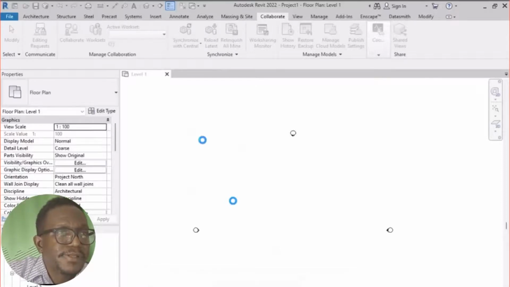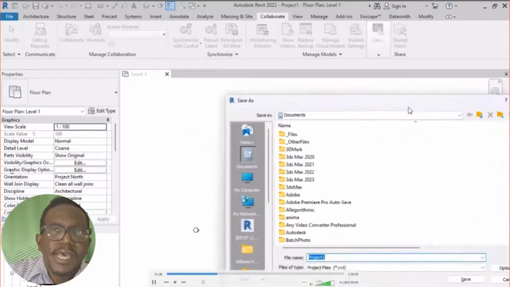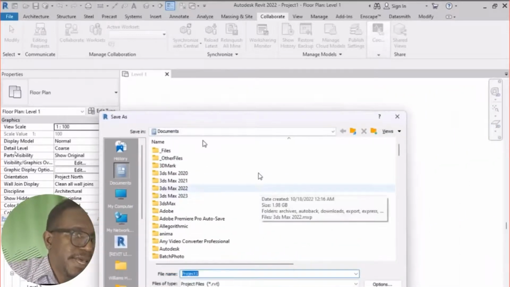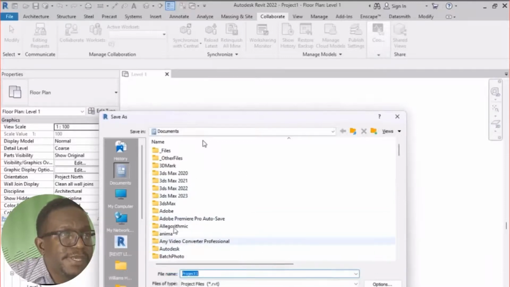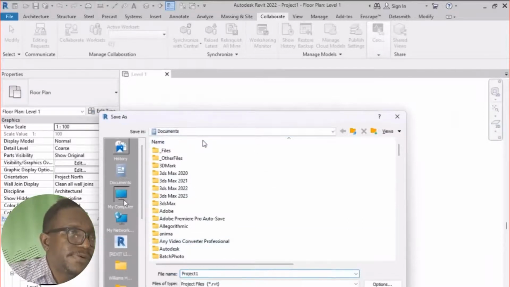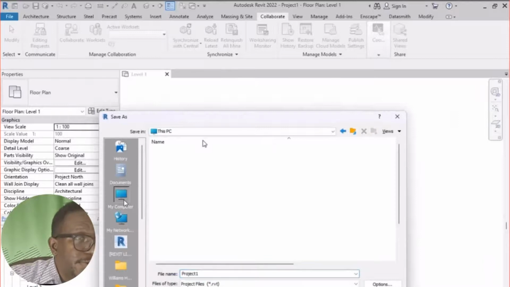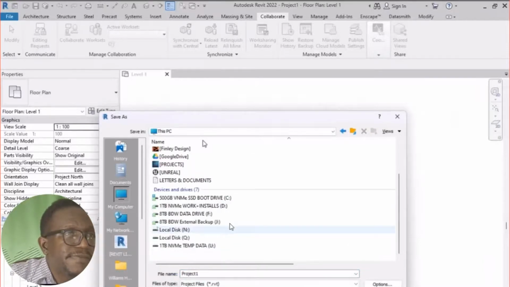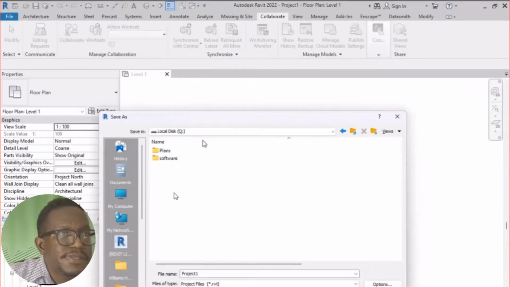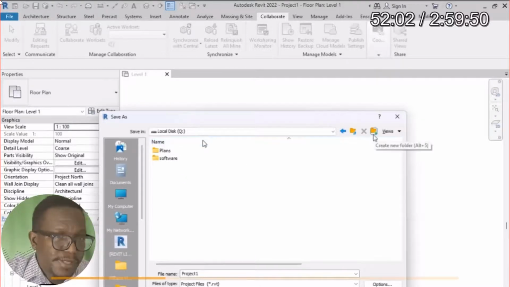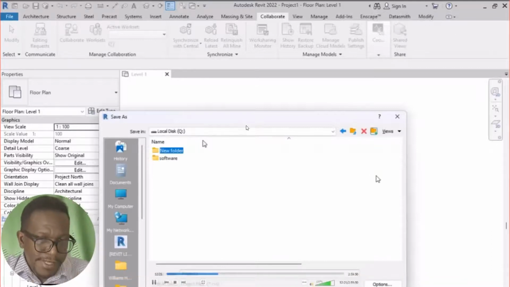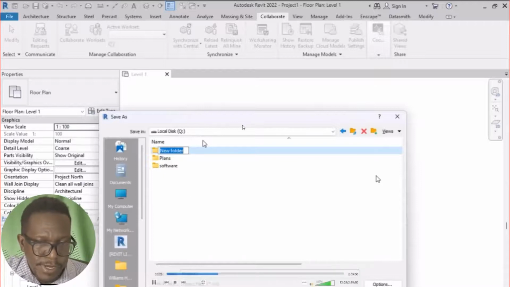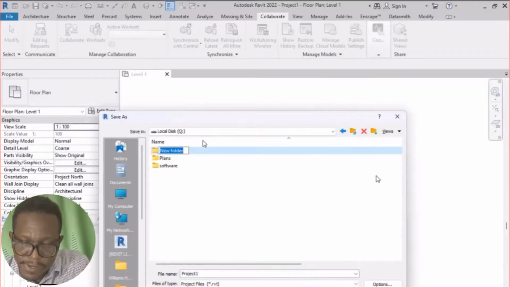This is now going to ask us where we want to save this model before we can collaborate. In this case, I am going to go to drive Q, because that is the drive that we are working from. And now we're going to continue into some folder here, and the file that Revit uses to collaborate with others is called a central file. So we're going to call this central